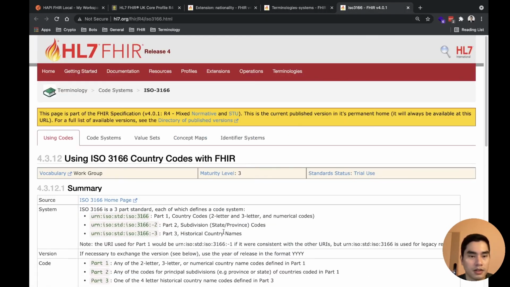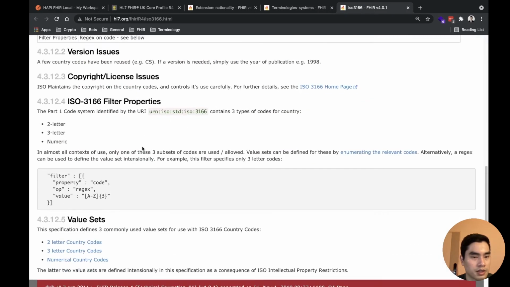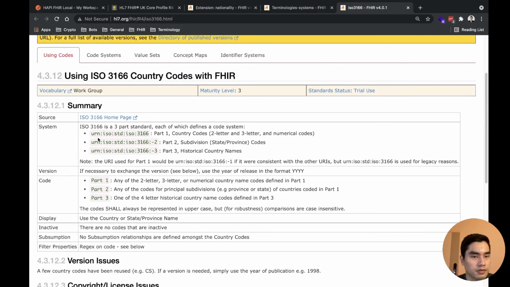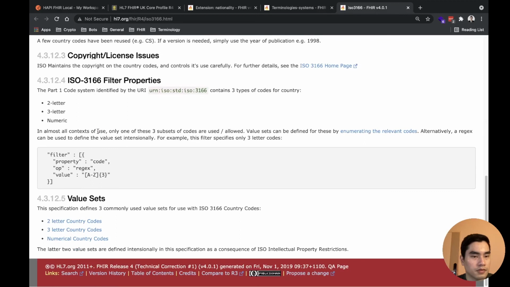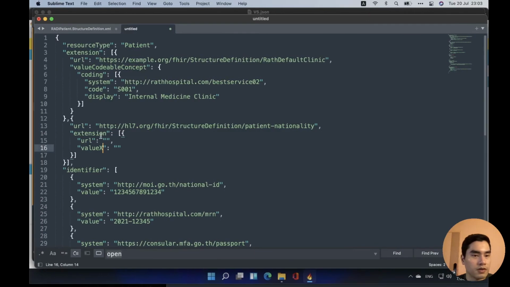Look here. You see that the system is here. Yeah, so I'll use this for set here, and then no, it has to be this one. Oh no, so it has to be this one.